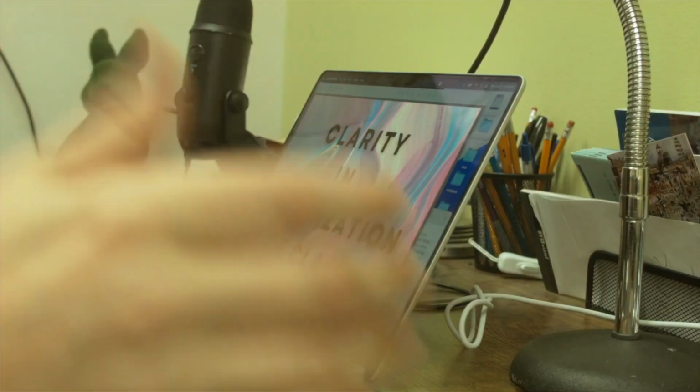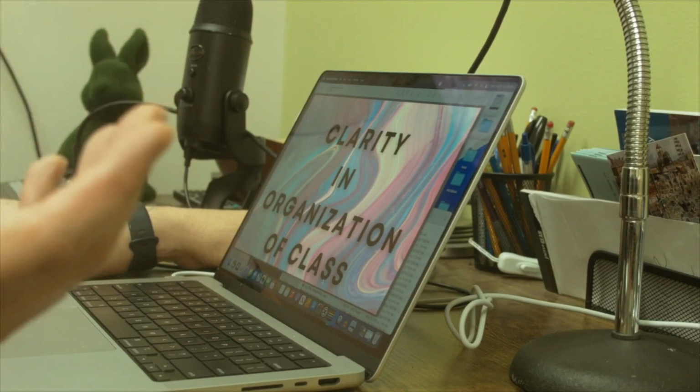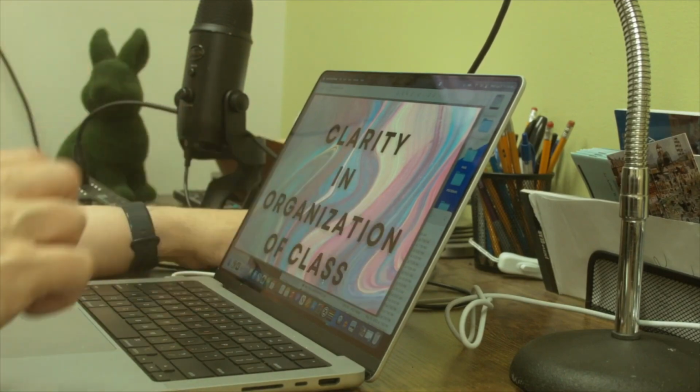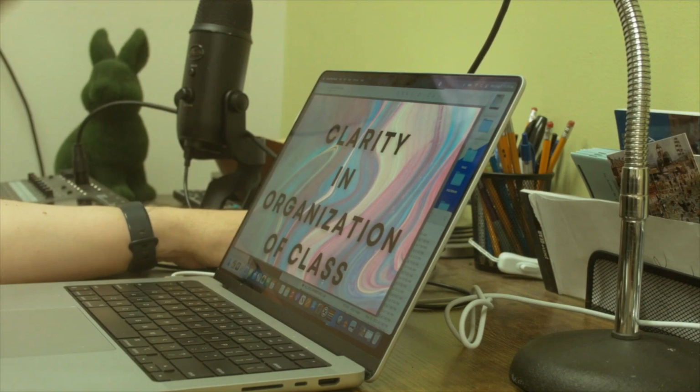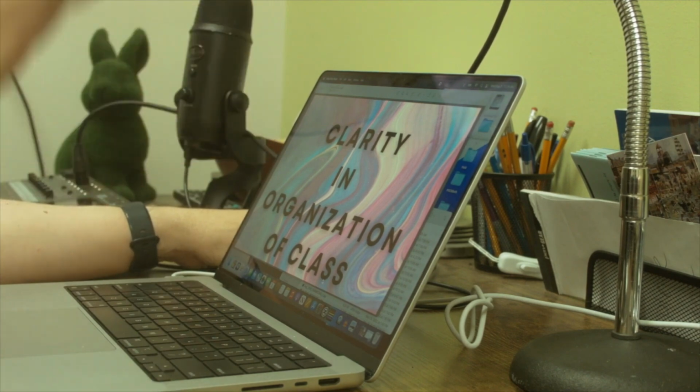One of the worst things for a student as a learner is going to a class and not being able to figure out early on exactly what they need to do to be successful in the class, or even something as simple as, what do I do in the first week of my class? I can't figure out where to start my class. Hence the need to have clarity in your home page.